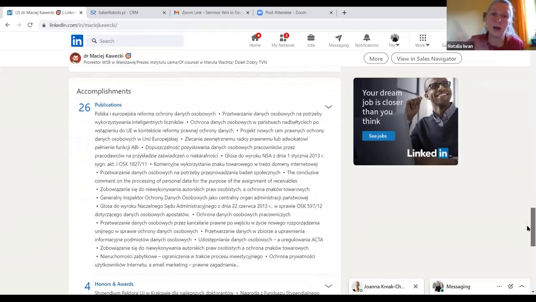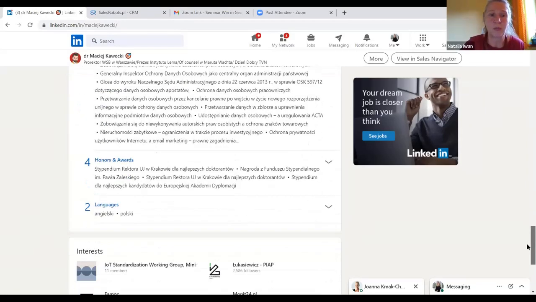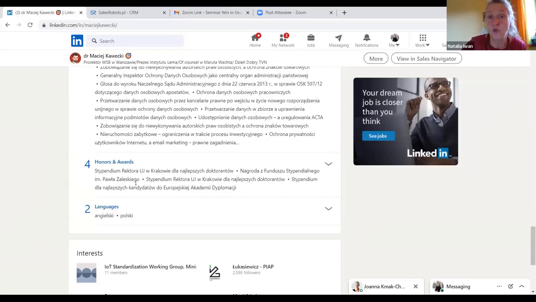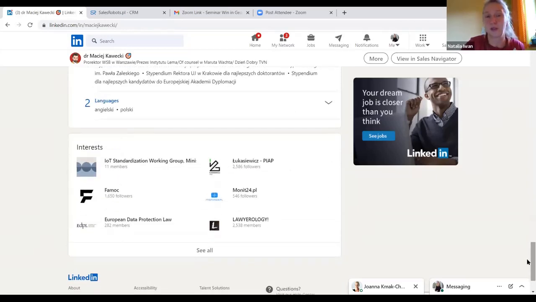The other section is about publications, awards or certificates. If you have them, it's good to present them on LinkedIn. Also, how many languages do you know? He knows only 2. And interests. This information about interests will also place us as an expert, as a person with experience in some kinds of topics, branches, sectors,